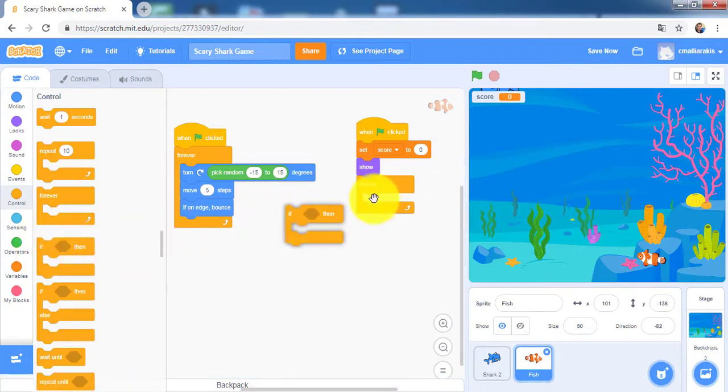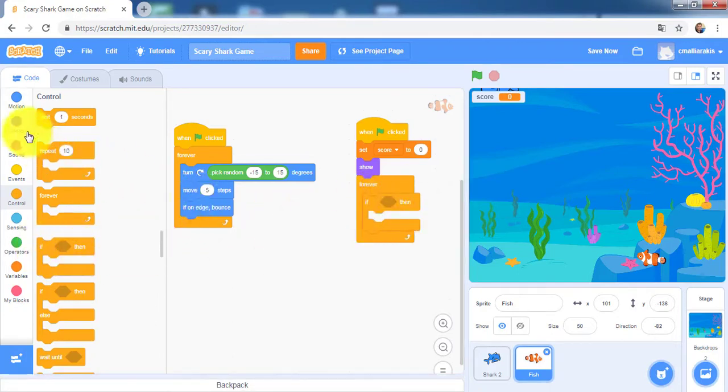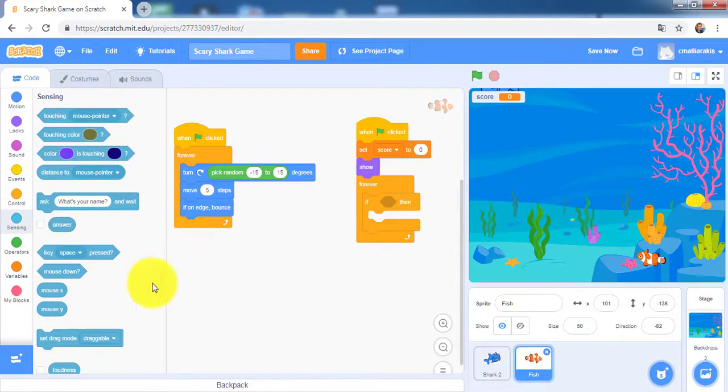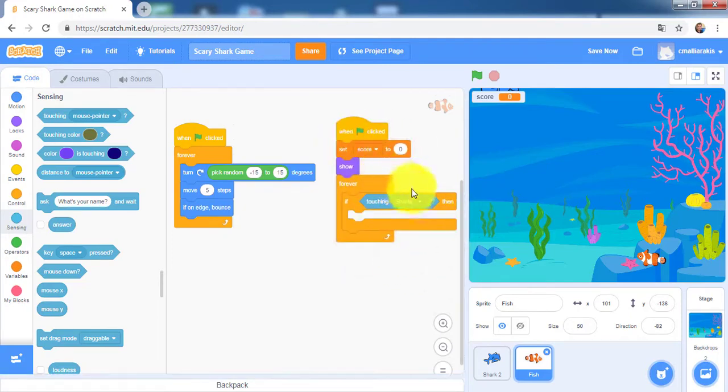If the fish, now go to sensing, if the fish touches shark, so please click shark right here. If the fish touches shark, then I would like to